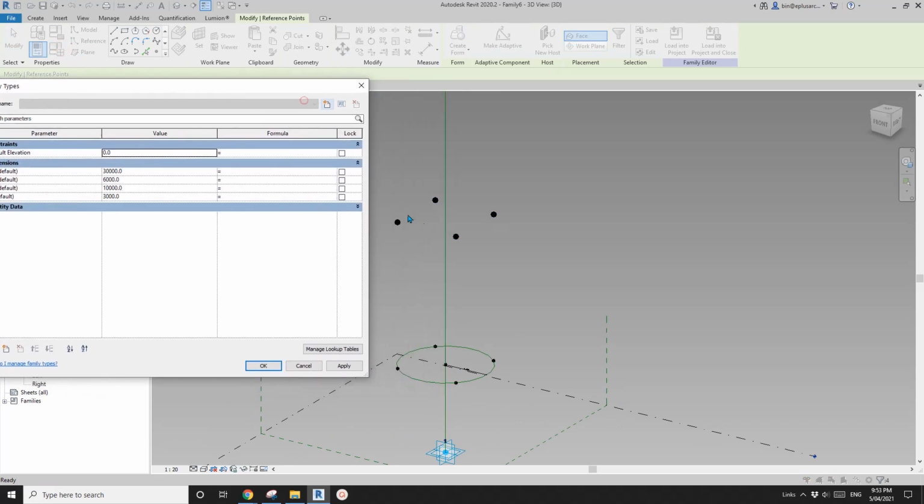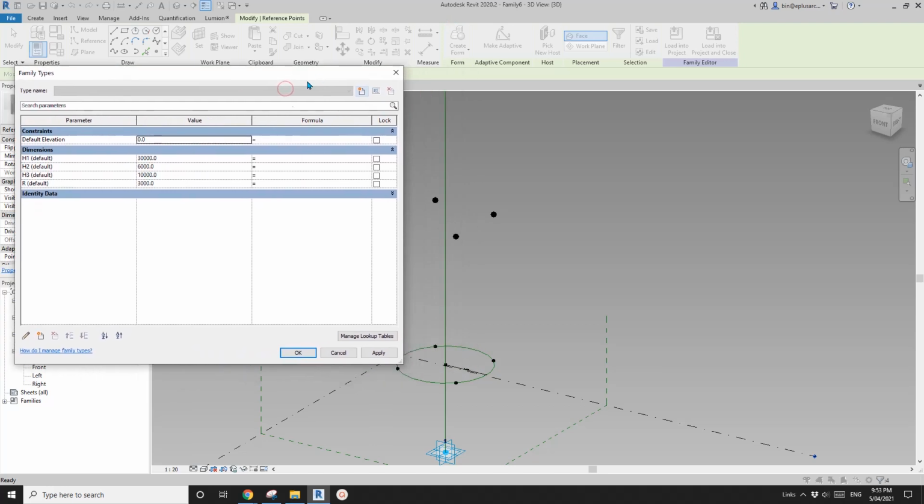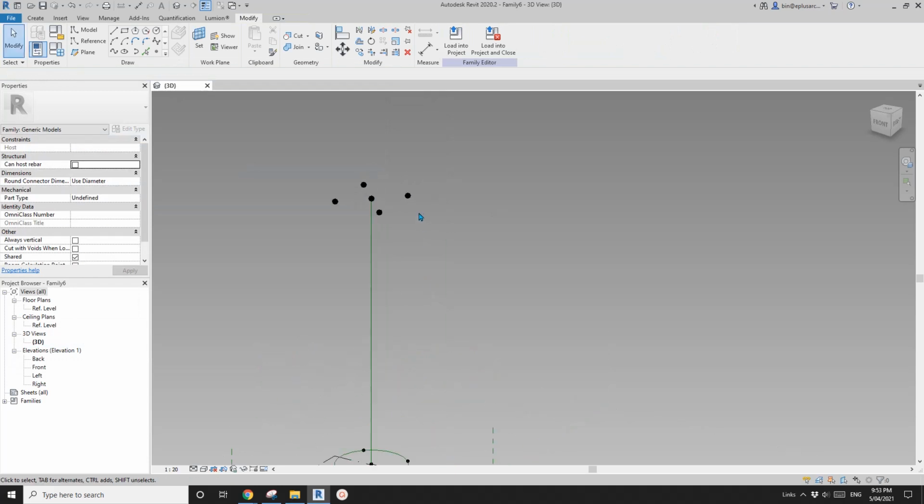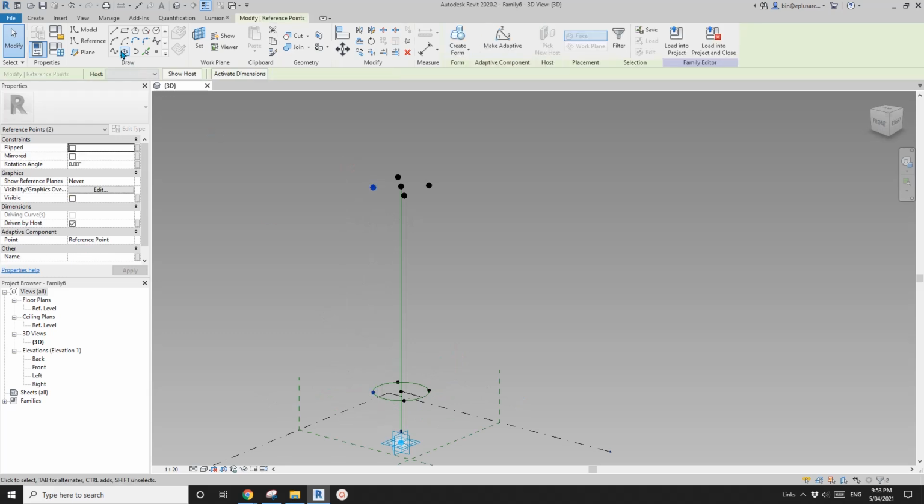So because we want these 4 to match the other points there, which is H1, and also because we have this H2 equals this, we just need to create a formula H1 minus H2. Apply. OK, so now you will see all these 4 points will match this one, and then we can create reference line